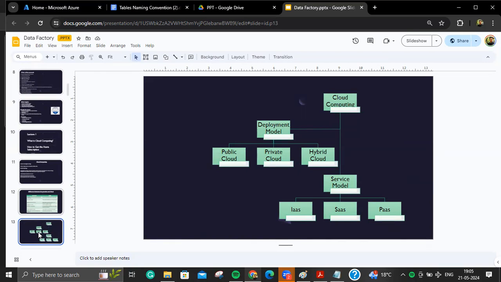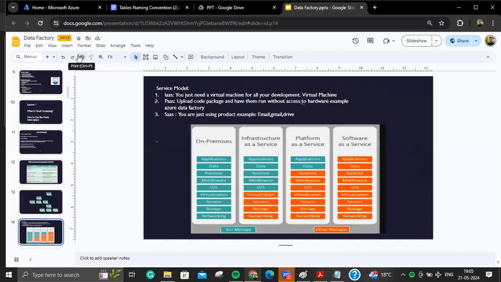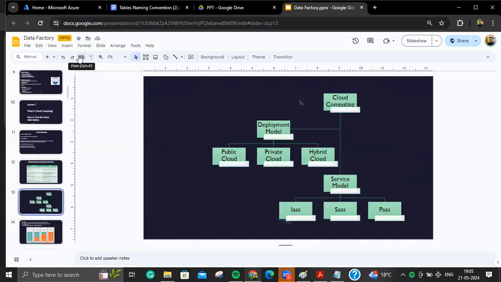And whenever I say that it's important from the interview perspective or important from the job perspective, please pay very close attention. But this is not so important, but I will just go through it. If you're going through any sort of certification, you should know about it. So what is public cloud, what is private cloud, what is hybrid cloud?